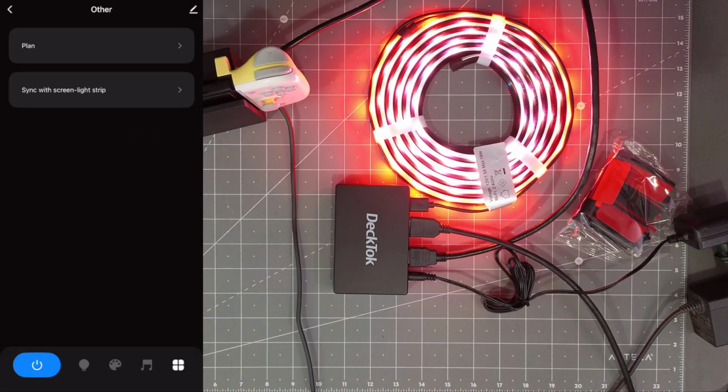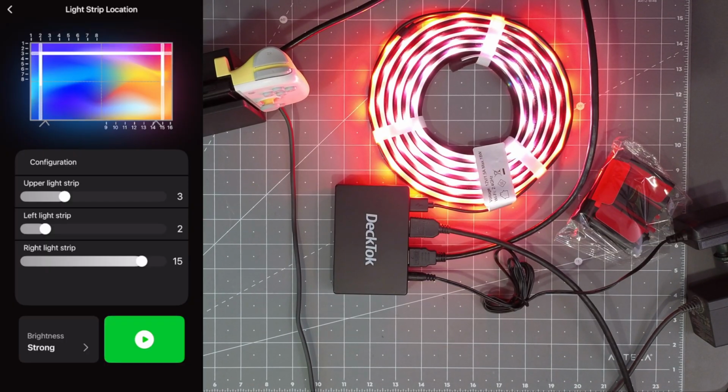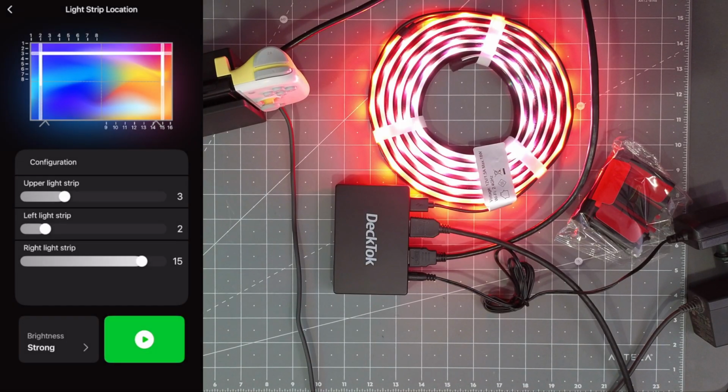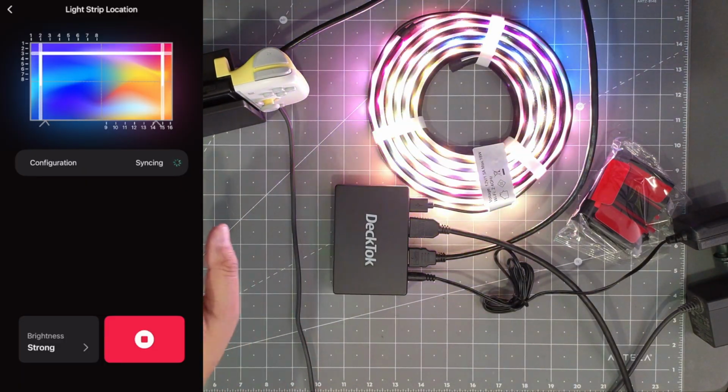Let's go ahead and check out the sync with screen light. So right now here, I'm going to leave everything default. Looks like there's some configurations. So you can set the brightness, strong, medium, weak. I'm going to set strong. And all you need to do is just hit the little play button on the lower right corner, and it will start syncing. And right now, I have it going through my